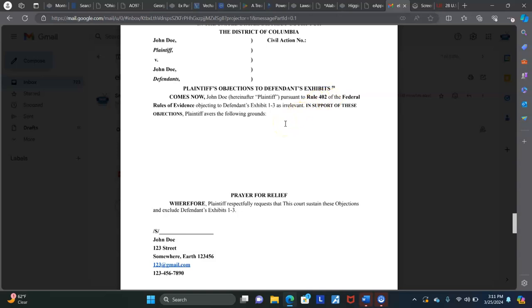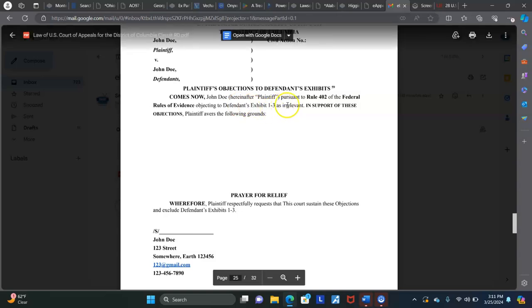Any evidence that is irrelevant is inadmissible as a matter of law. So if the defendants are trying to get evidence admitted into the record, and you reasonably believe that this evidence is irrelevant, then you file an objection pursuant to Rule 402 of the Federal Rules of Evidence because it's irrelevant,